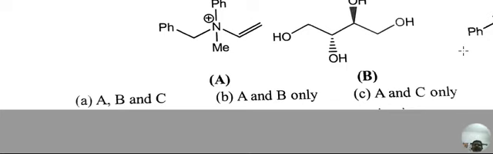And look at the first one, A. Here nitrogen has 4 different groups attached to it, so it is optically active. So option A is right, so option D can be neglected. Now coming to the next one,